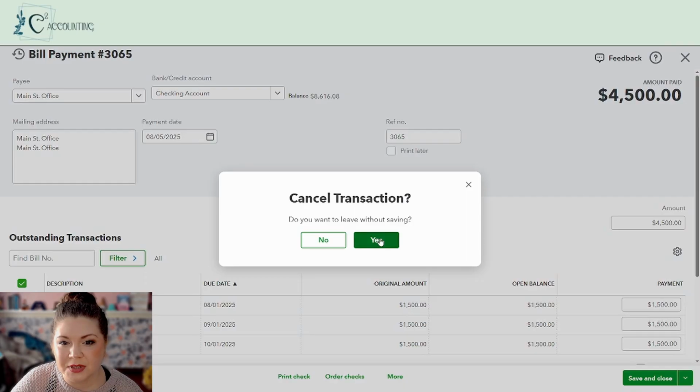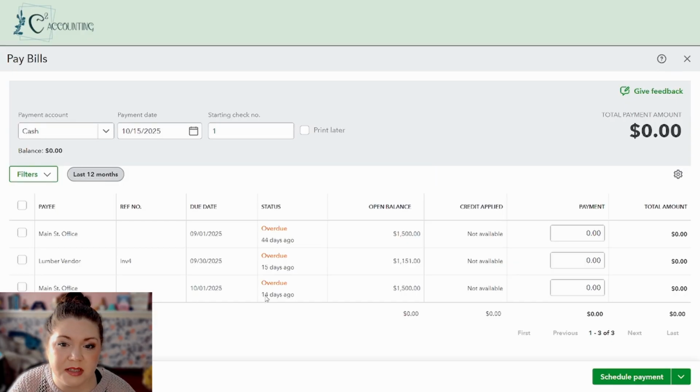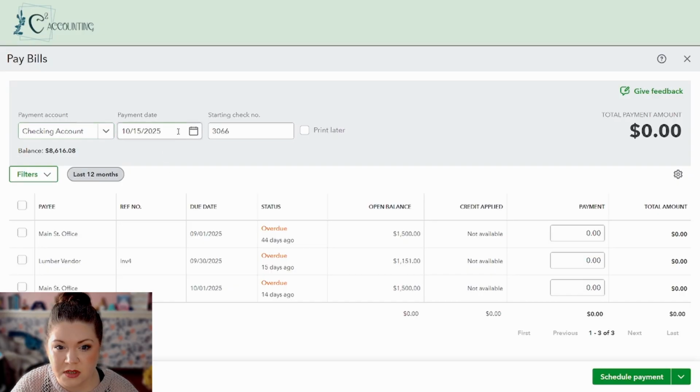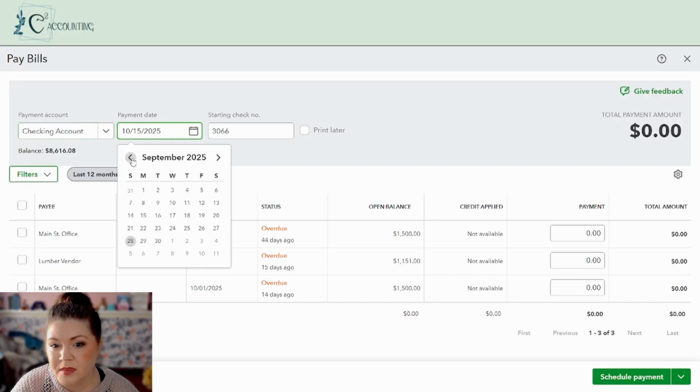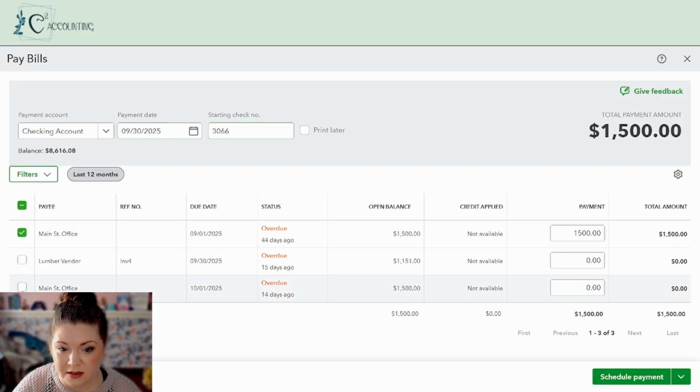If you hit plus create and pay bills under the vendor list, it will bring you to this pay bills screen. Here you can see all the bills in the unpaid category. You can mark bills as paid by selecting the payment account, the date, and the check number. Then select the bill or bills that you have paid with this check and save